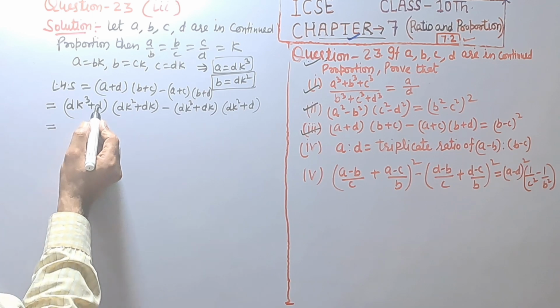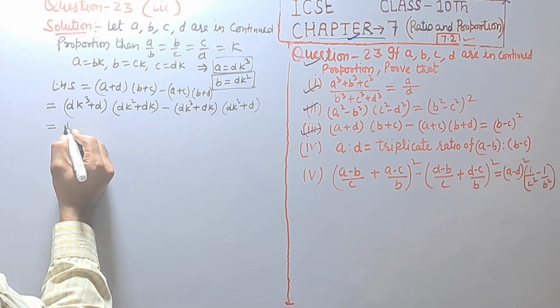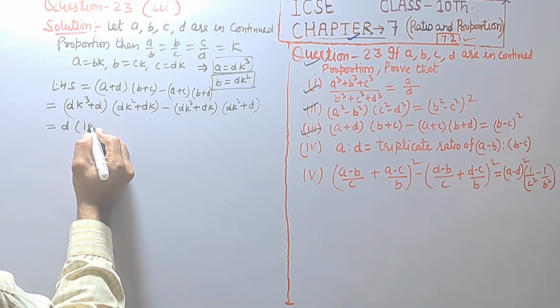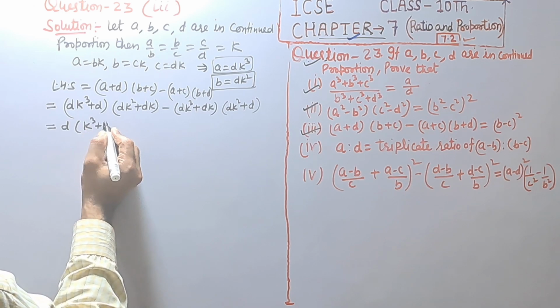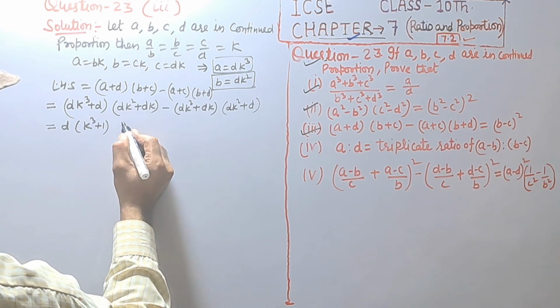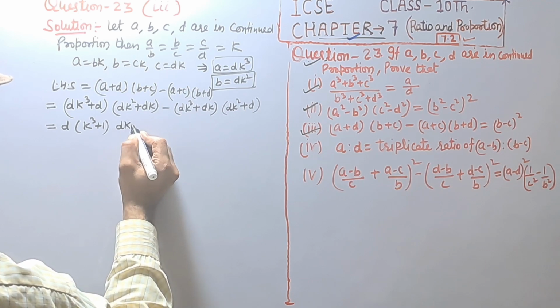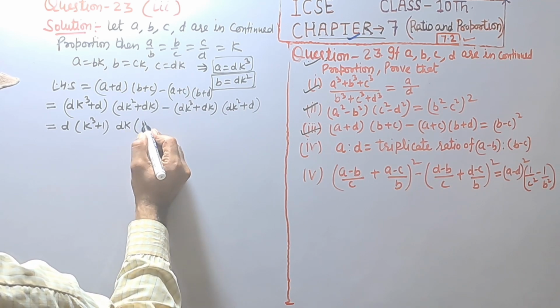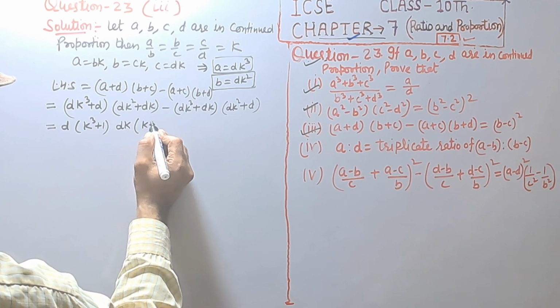We are taking common d in bracket (k³ + 1) and taking common dk in bracket (k + 1)